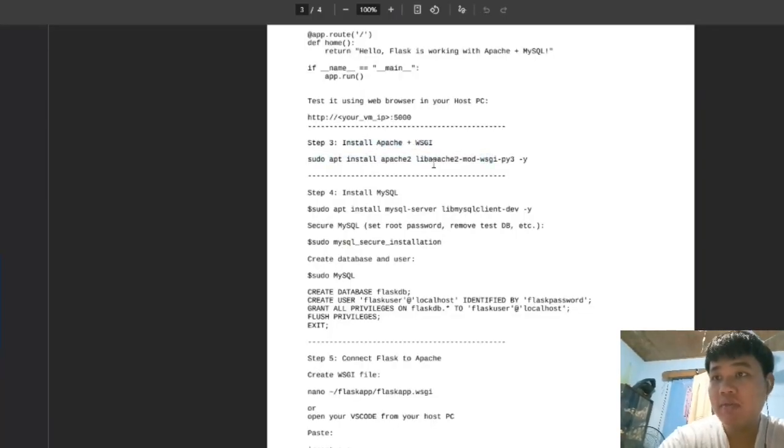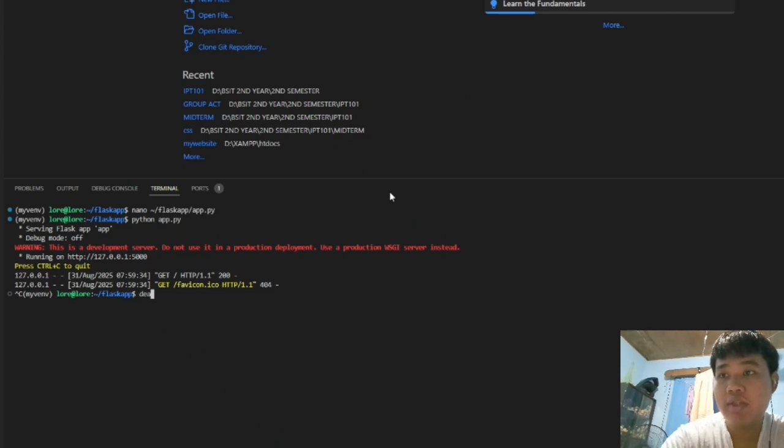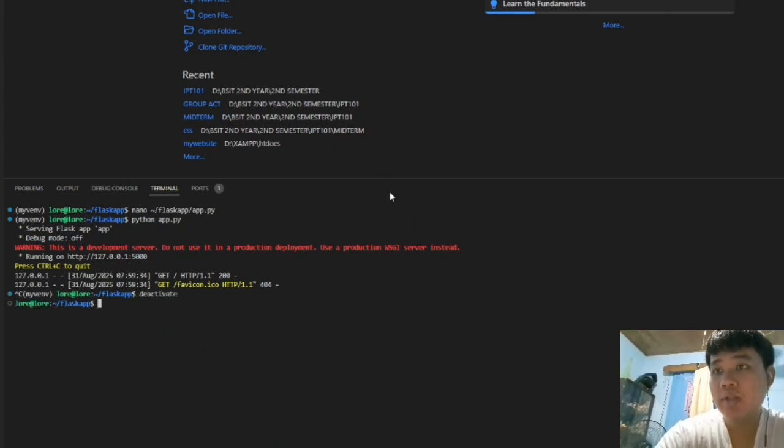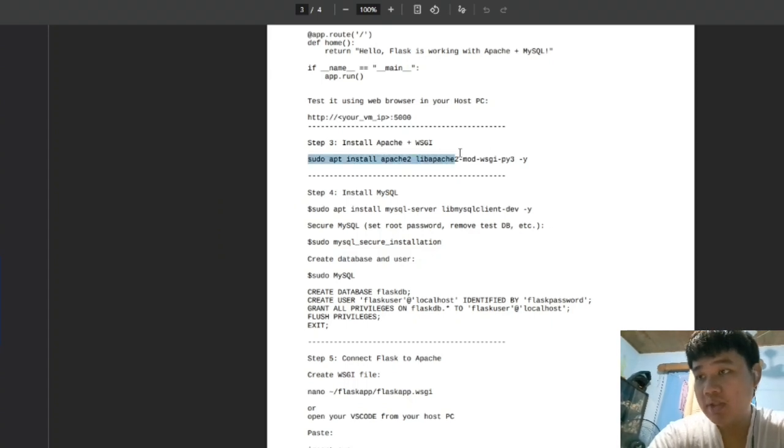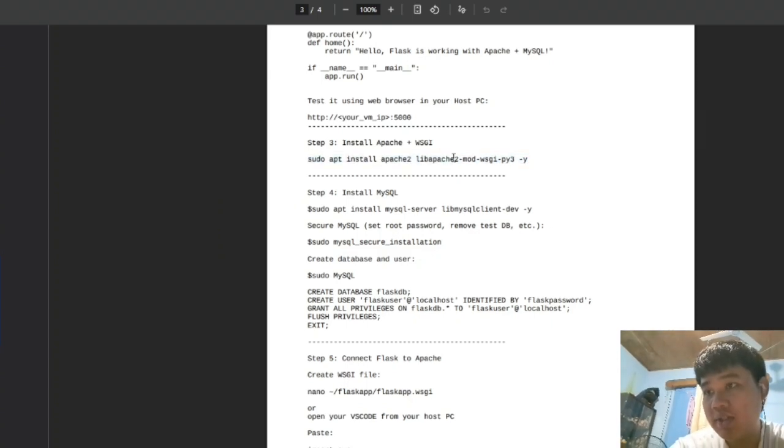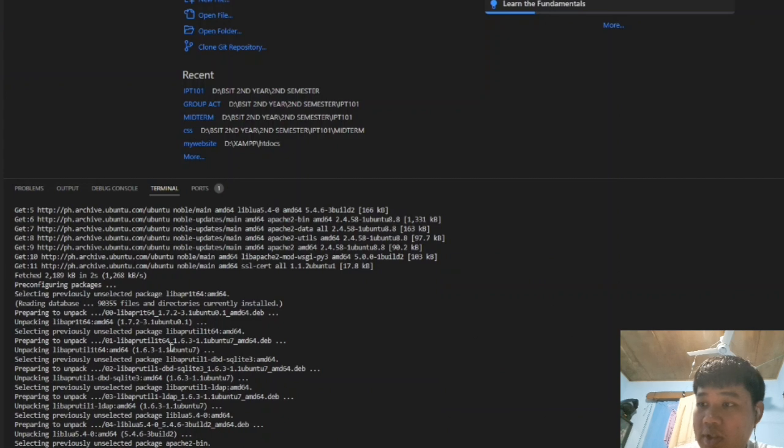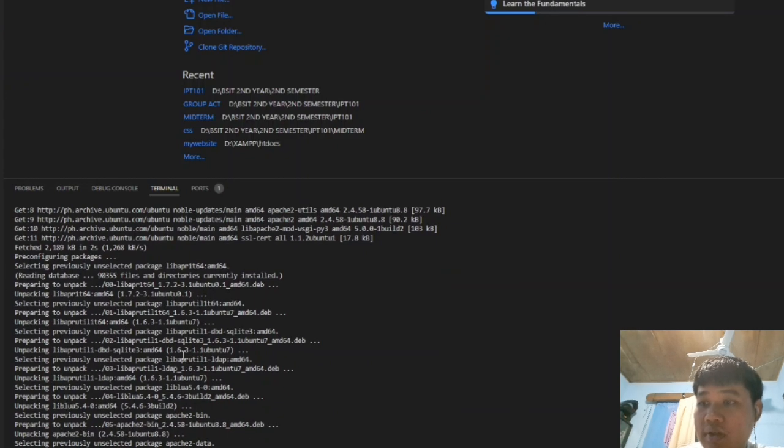We need to deactivate the server and then our virtual environment, and then we can just copy paste this code below, which is install Apache and WSGI py3, and we have to wait for a little bit since it is installing.